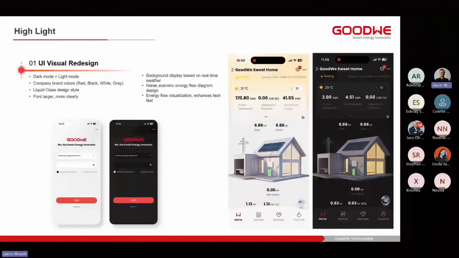visual redesign. So the look and feel for the app has changed, where we've integrated a dark mode and a light mode, increased the company brand colors in it, as well as changed the look and feel to a more liquid glass design style, which is more similar to the new UI on new Apple products. I don't know if anyone around has seen what it looks like on the Apple products, but it's very similar to that. And we've got that new sleek, modern design look, with the fonts being more easily readable,